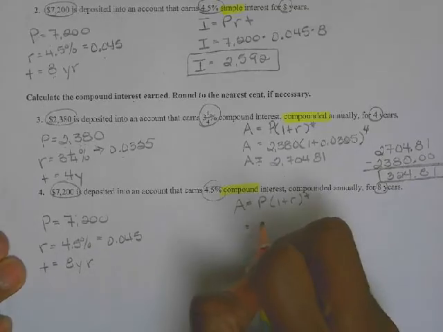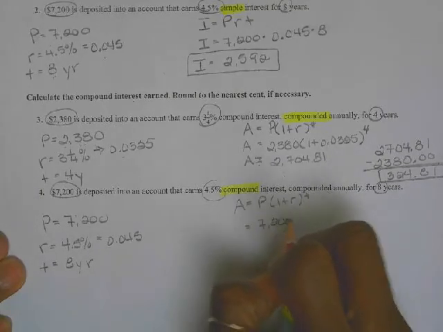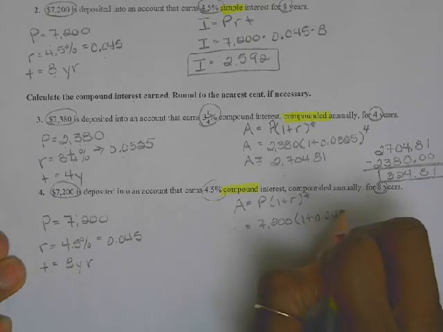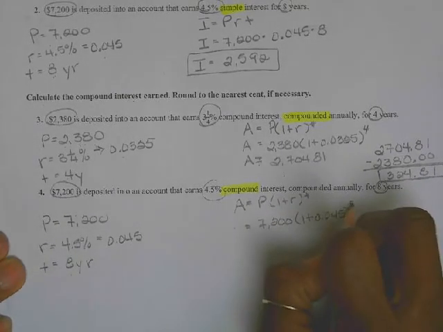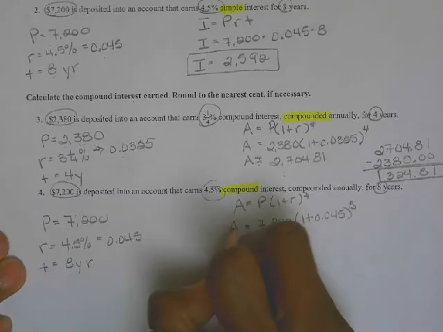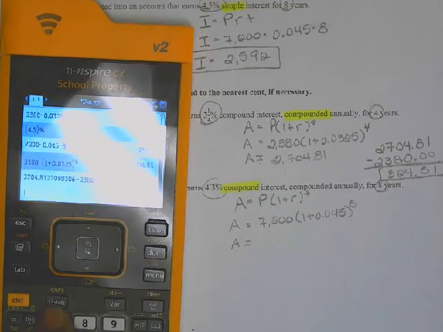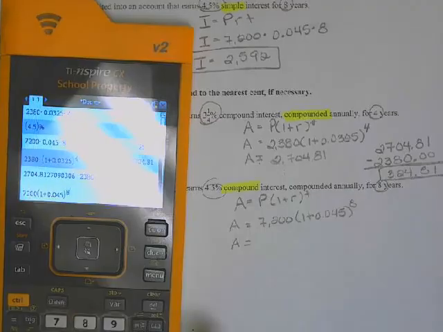So we have 7200 times 1 plus 0.045 to the 8th power. So let's put that in our calculator. So we have 7200 times 1 plus 0.045, and I'm going to raise that to the 8th power,